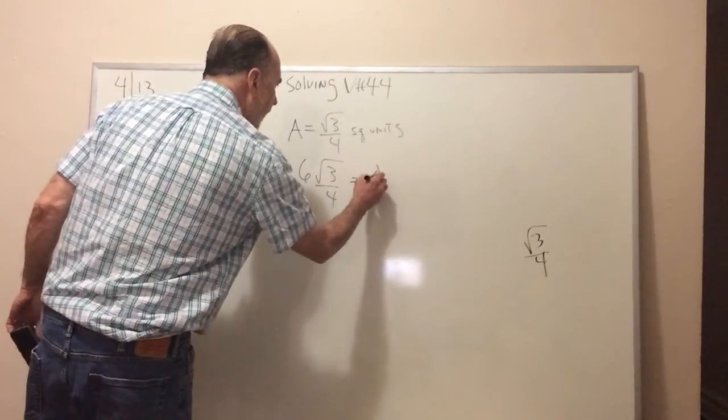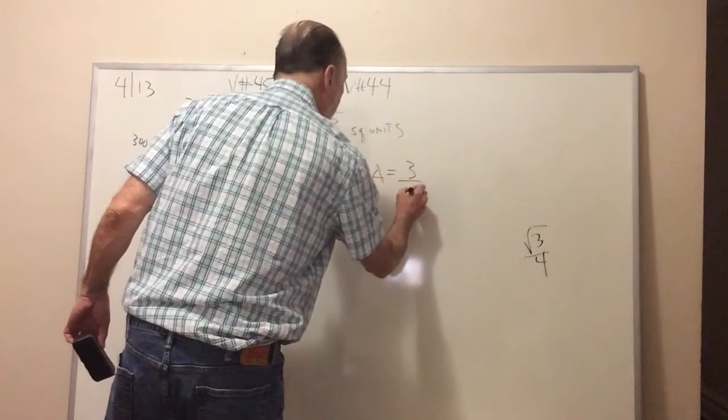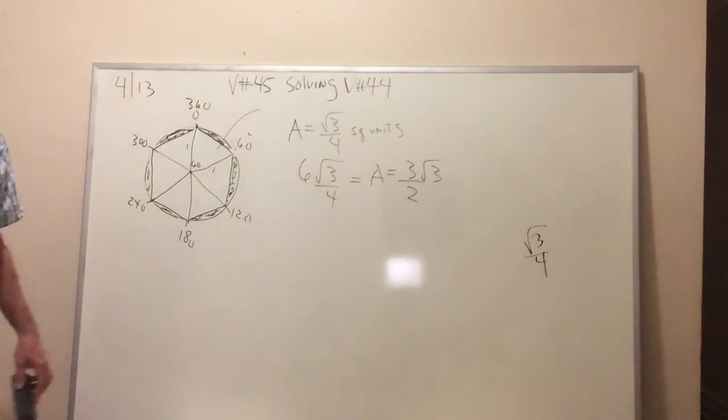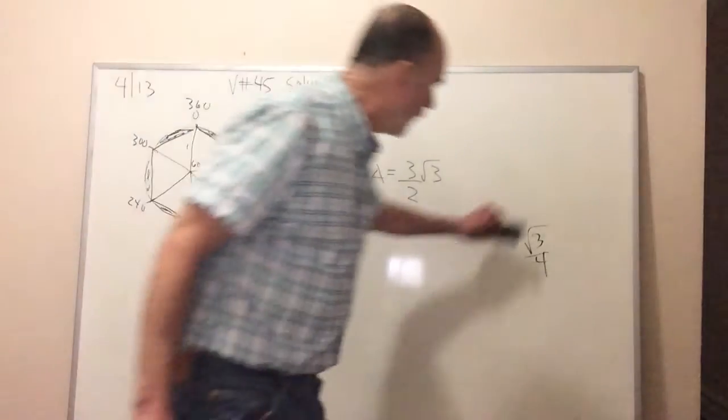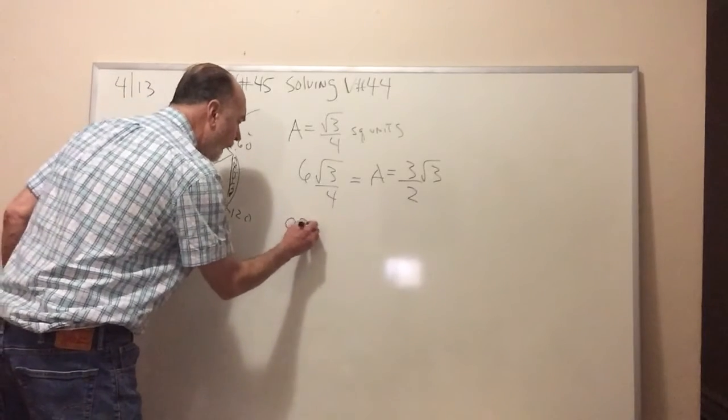And the area of the hexagon is going to equal 3/2 radical 3. You see how useful these guys are? Look what we came up with. We came up with the area of the hexagon. Oh, okay. So area of the hexagon